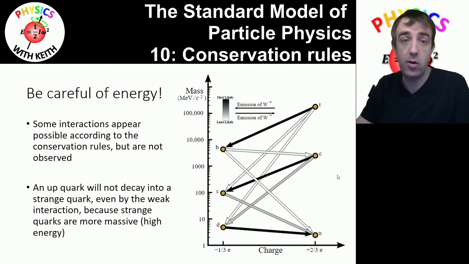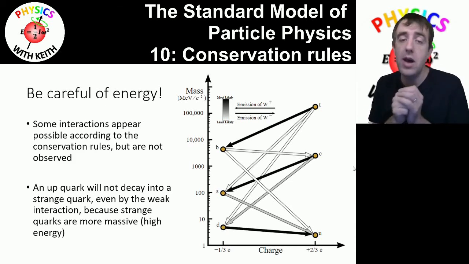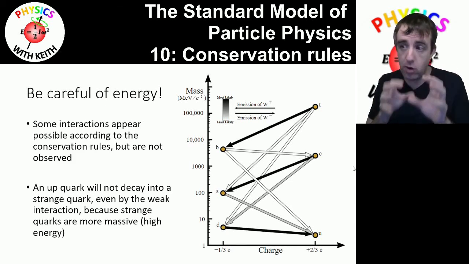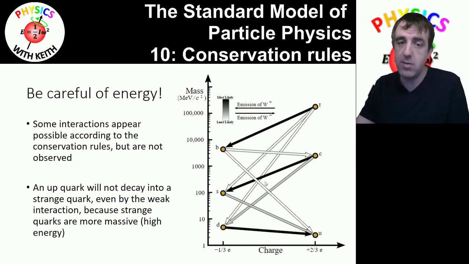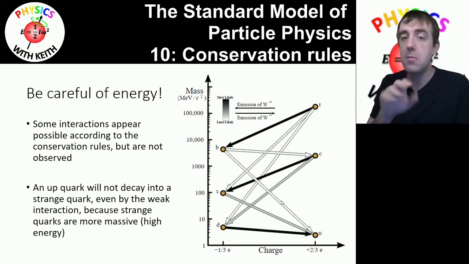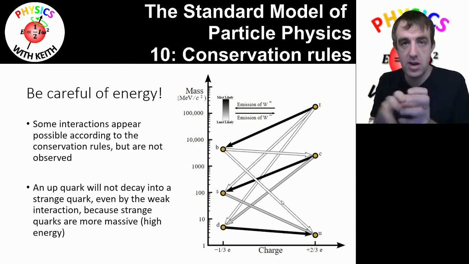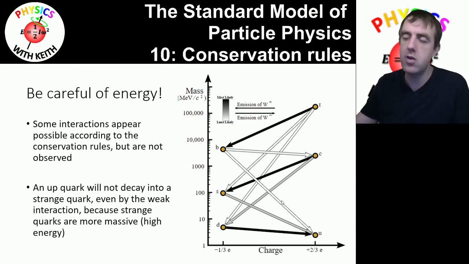If you look at this chart on the right, the numbers we're concerned with correspond to strange quarks, up quarks and down quarks. And you can see a strange quark can decay down into an up quark, and a down quark can decay down into an up quark. And that's because the up quark is slightly less massive than a down quark. It is possible to go the other way if it reduces the energy of your composite particle. But if, for a fundamental particle, we're looking at decays all by themselves, then you're going to cascade down in energy, emitting energy, and thus reducing the energy of your particle and increasing the entropy of the universe.